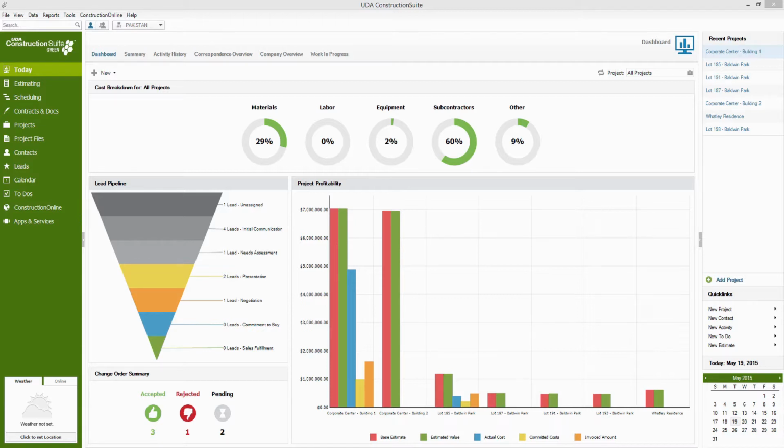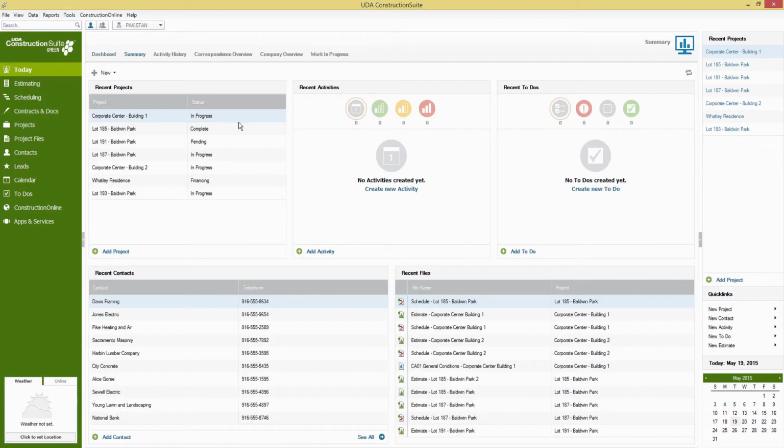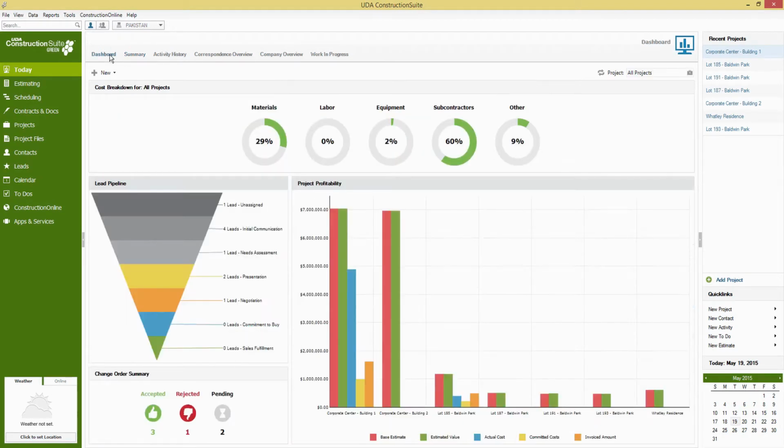Right now, what we are looking at when we first open the program is going to be the Today screen. This is really going to provide you with the most recent activity and most important information about your jobs. Now, your recent projects are going to be displayed on the top right, as well as the statuses of those projects. You're going to have access to the activities and to-dos in the summary of all of your jobs, as well as on the dashboard, just a quick financial look at all of the jobs as a whole or individual